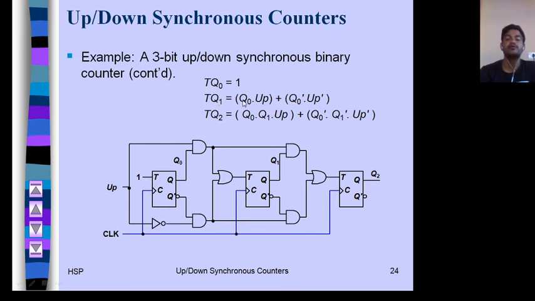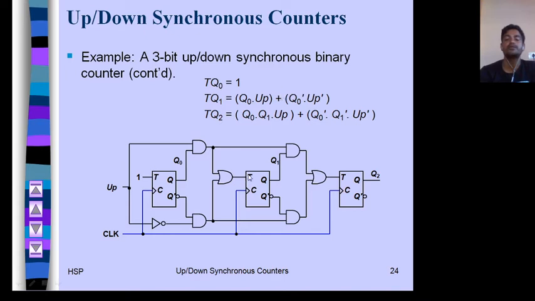Then TQ1 is Q0 up, and this is your up line, control line, up, plus Q0 dash up dash. Q0 is coming from here, Q0 dash is coming from here, and the up line goes through a NOT gate to get up dash. Q0 dash up dash is coming here, so use an OR gate for the plus.